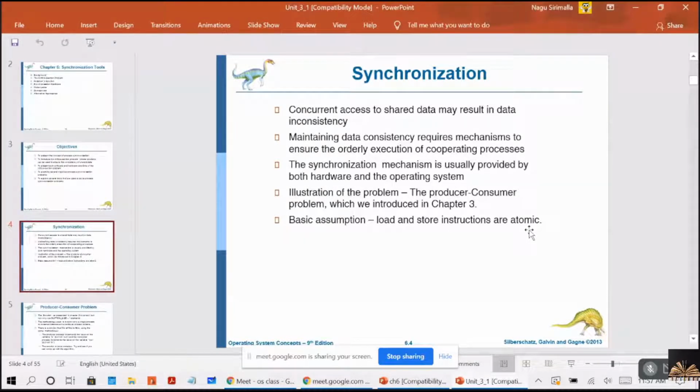That means whenever you are performing some action, the entire action has to be completed, or else it should not start at all. The best way I can explain this is with a transaction example. Whenever you are performing a transaction, the amount has to be deducted, and as well the amount has to be credited in some other account. Right? Maintaining atomicity means both the actions have to be performed, or else nothing has to be done.